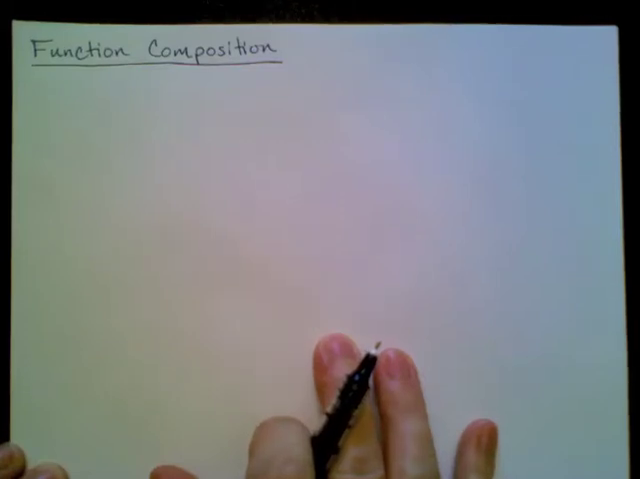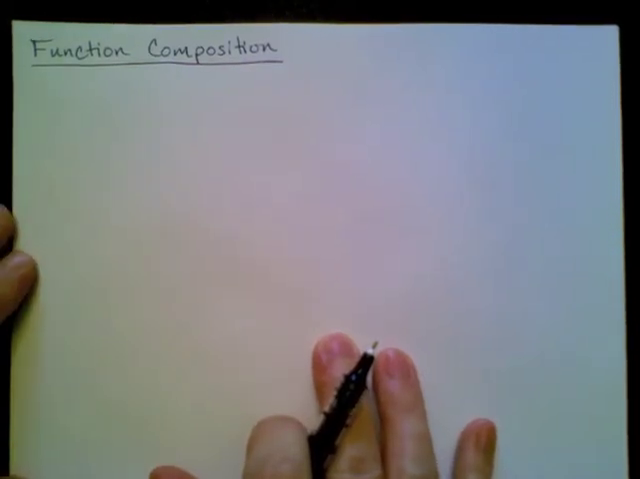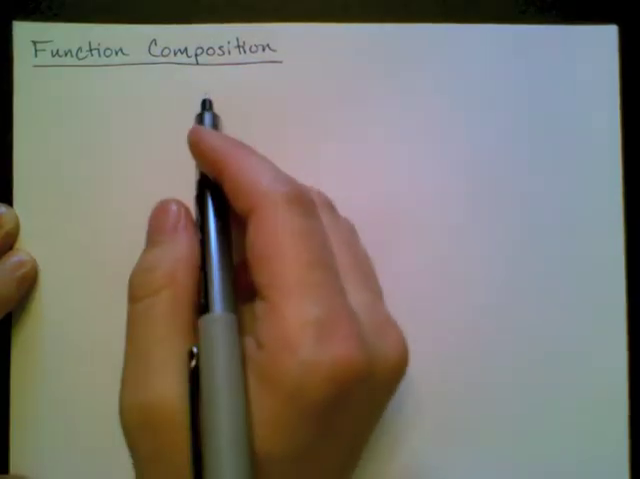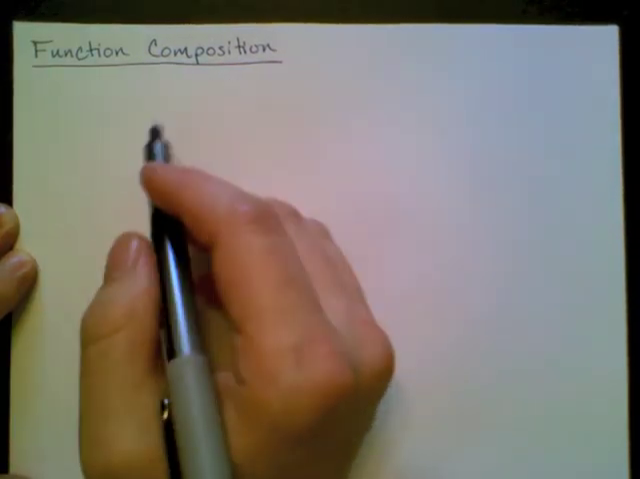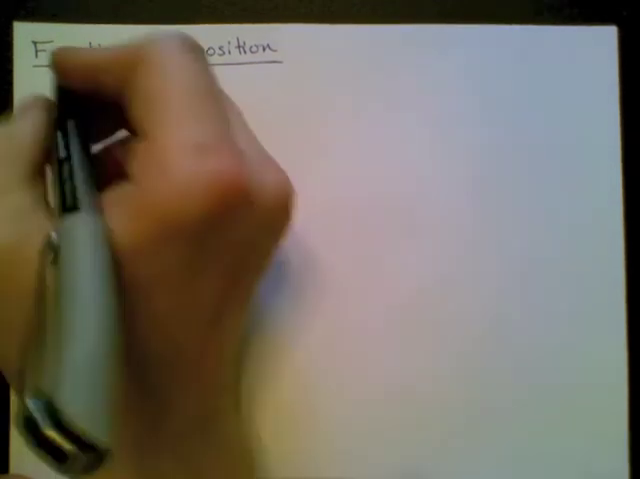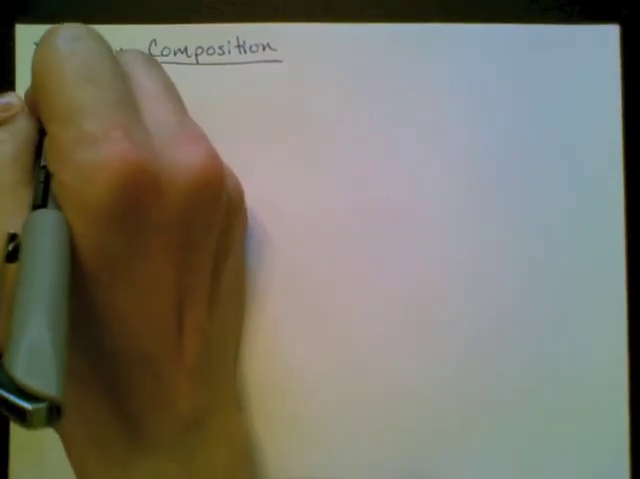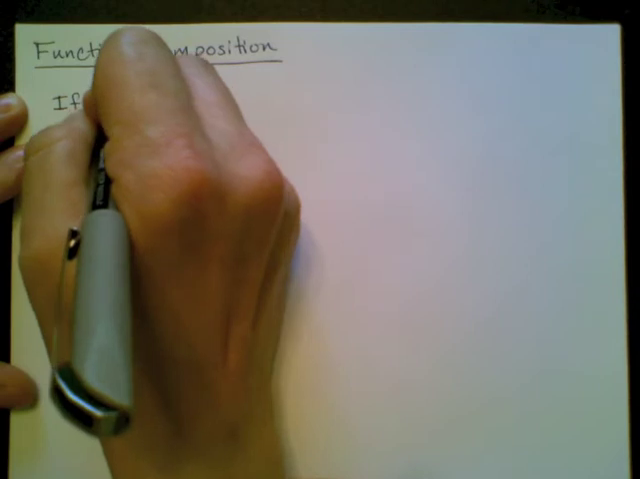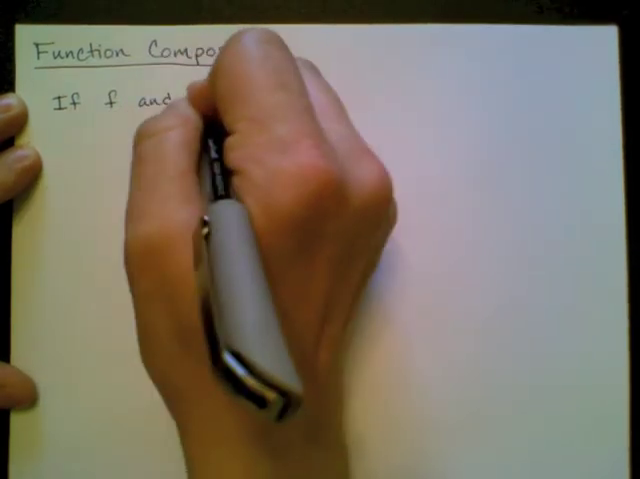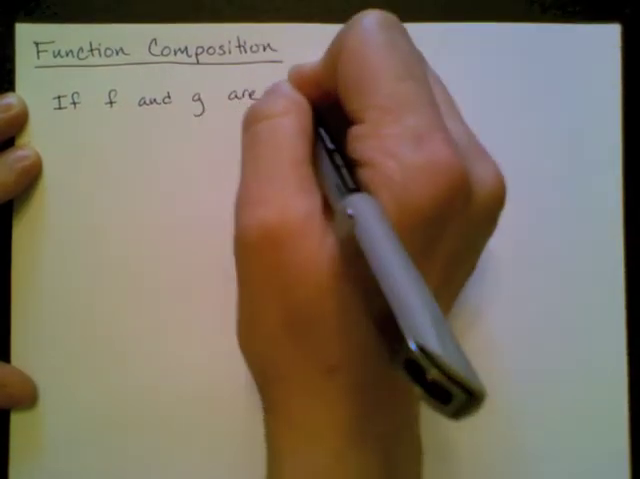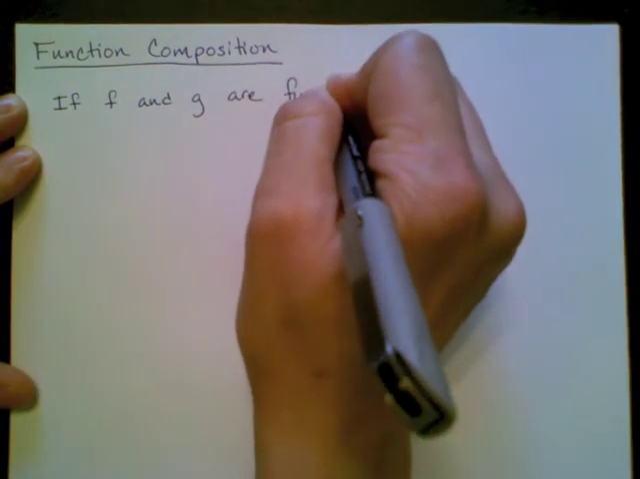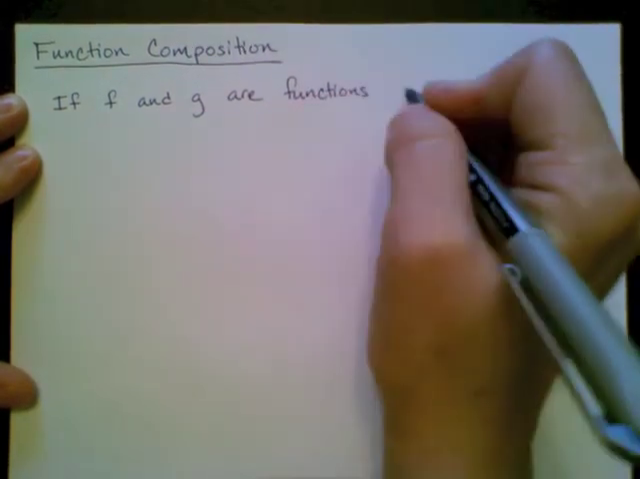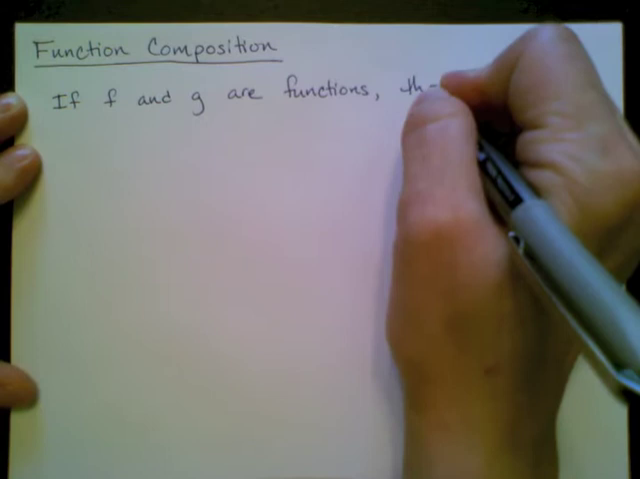Today we're going to talk about function composition. Function composition is essentially using one function as the input for another function. So, if f and g are functions, then